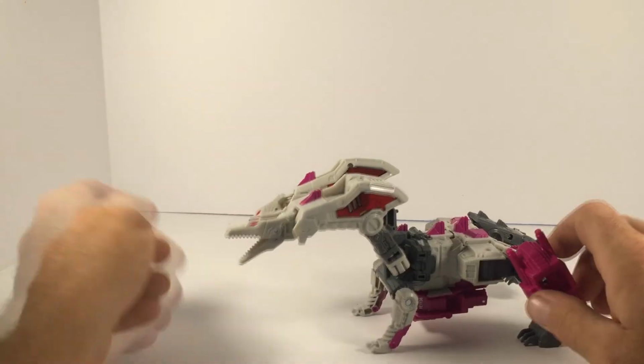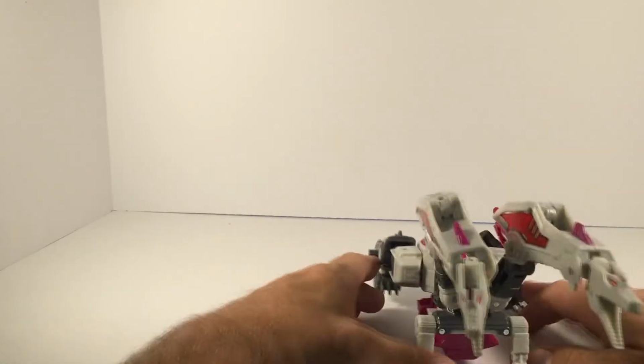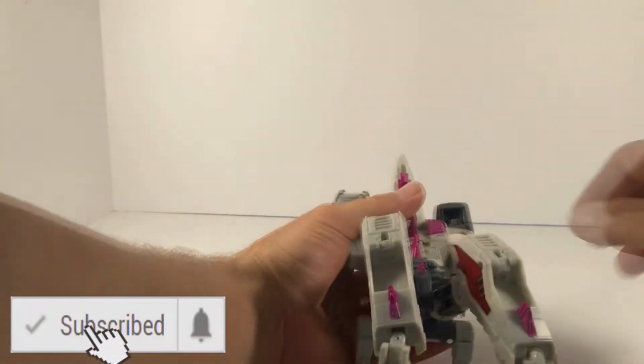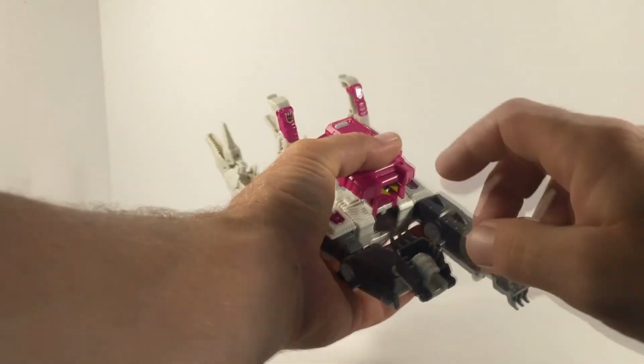I'm glad I actually got this guy. I had to pay a little bit more than retail, but I wasn't going to miss out on getting another combiner. Now to change this guy into the torso for Abominus, these legs here, we're going to straighten them out